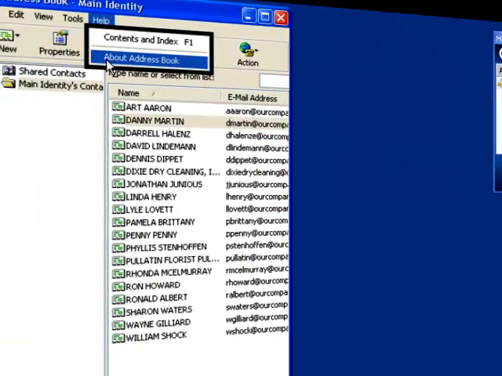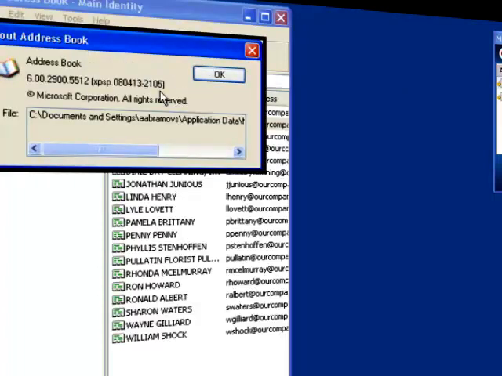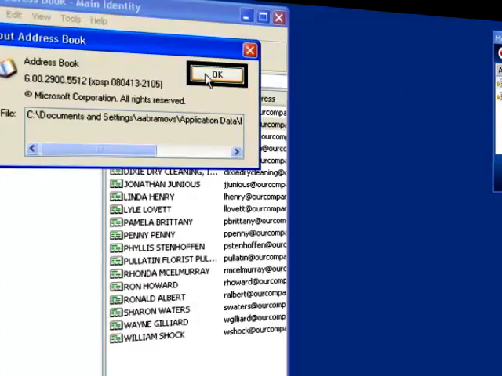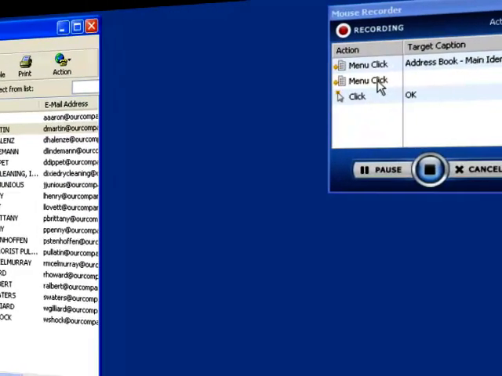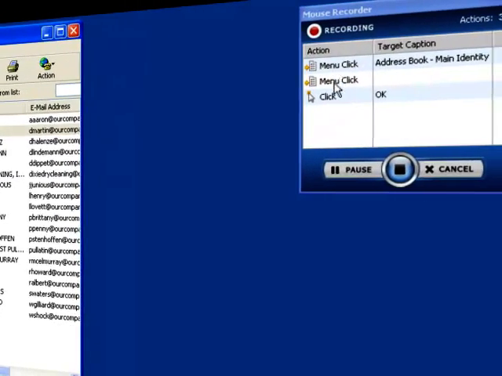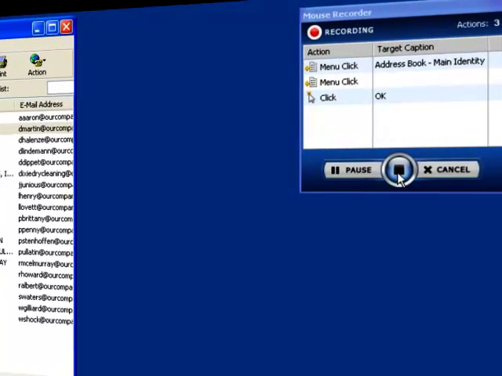You see that it's boxed in, which means Foxtrot's targeting technology is kicking in, and you can click the menu item you so desire, and then you can even keep on going with the clicks. So you'll see here two menu clicks were registered, followed by a standard click on the OK button. When you're done, you can hit stop,